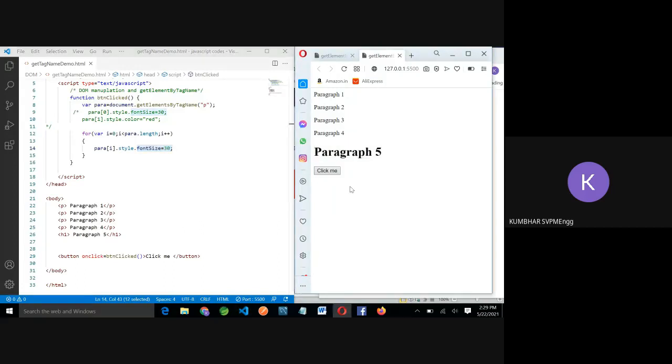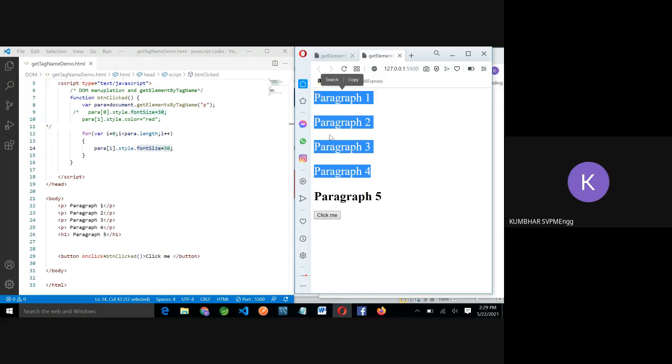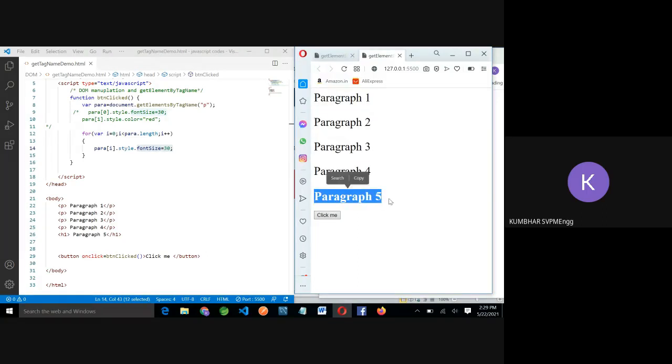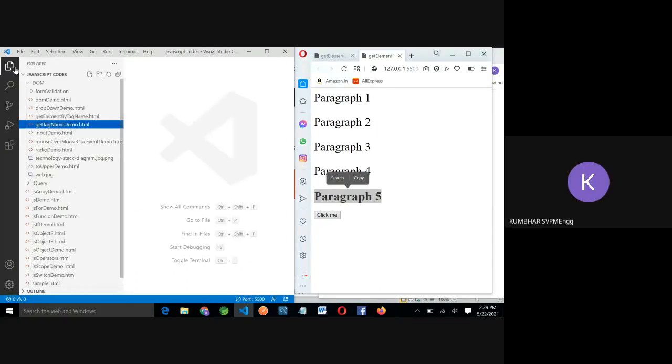So let's check. And yes, only the paragraphs changed in font size, the h1 is not changed. So this is the way we can use get by tag name. Again, give me a reply if you understand document.getElementsByTagName. Yes, sir. Great. Let's move ahead.